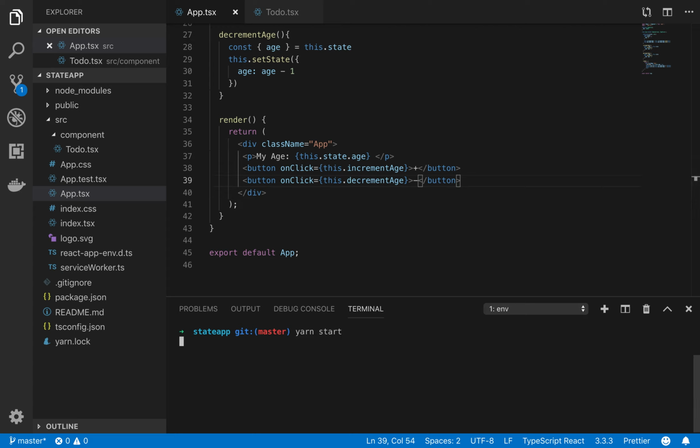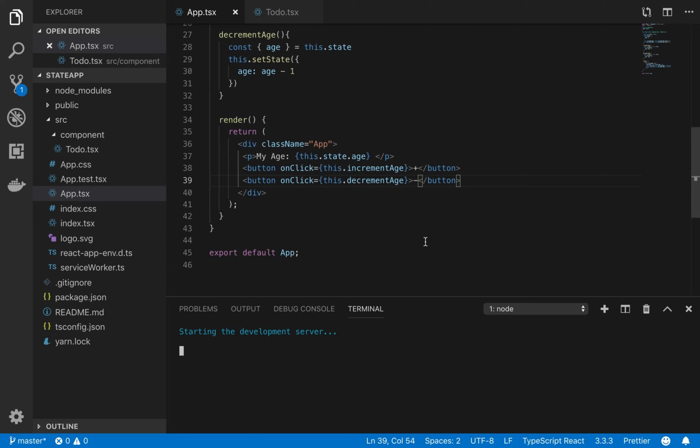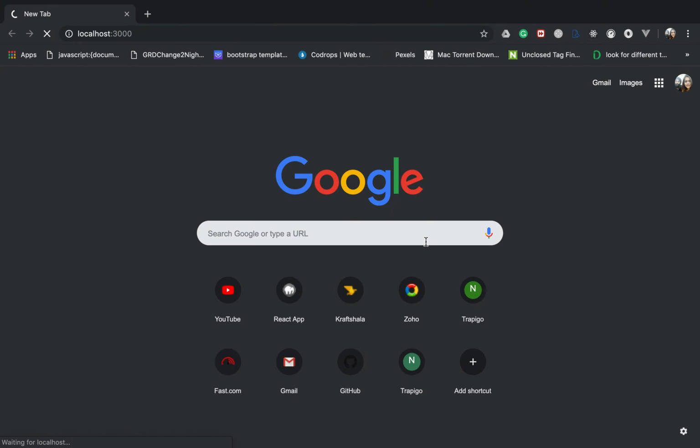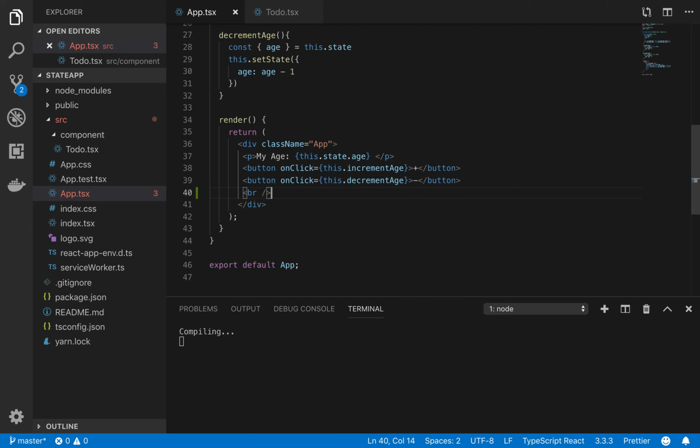I'll show you what I did in the last one so that you can have a gist of it. If you have not seen my previous tutorial, I would highly recommend that you go and check out my previous tutorial as well, and you will be able to relate things from there itself. I just created my age and I would do plus and minus using the state. So now let's suppose here I do a couple of BRs, and now I want to import